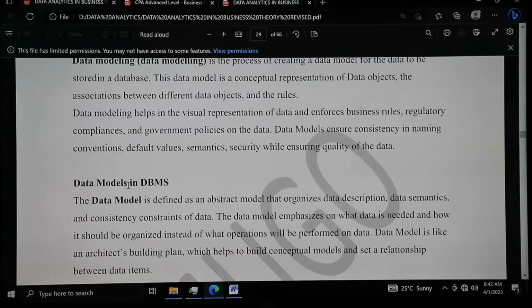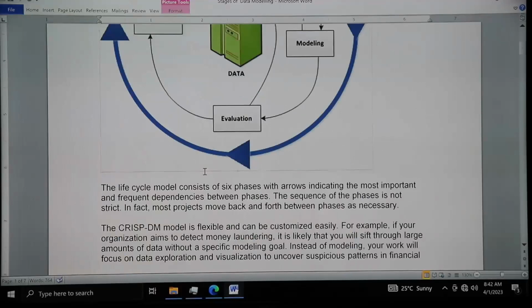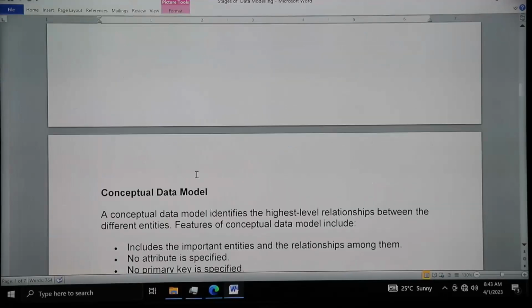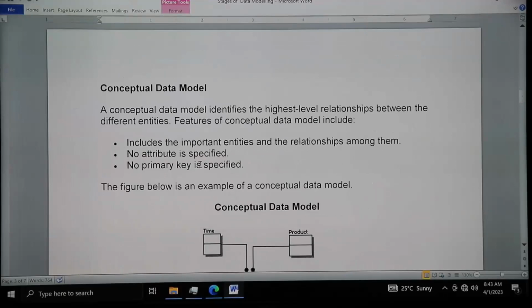The data model will be created in a database management system. That is a program, a software. And the process of data modeling will involve 3 stages. That is, we will have to develop a data model by involving those 3 stages. The first stage of data modeling is creating a conceptual data model. When you talk about a conceptual data model, this is a model that identifies the highest level